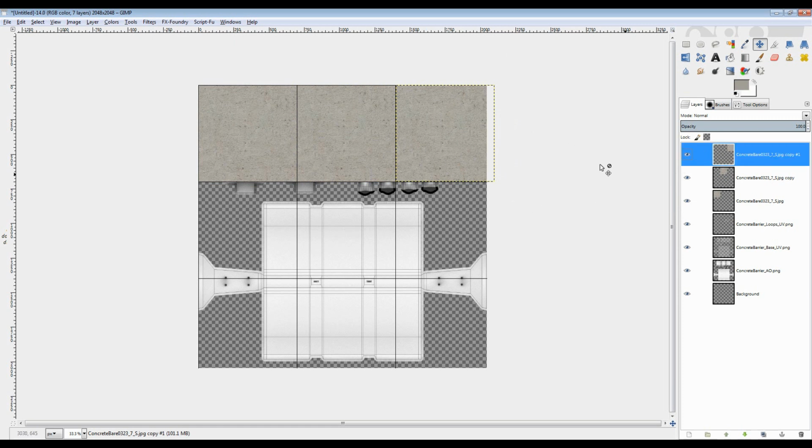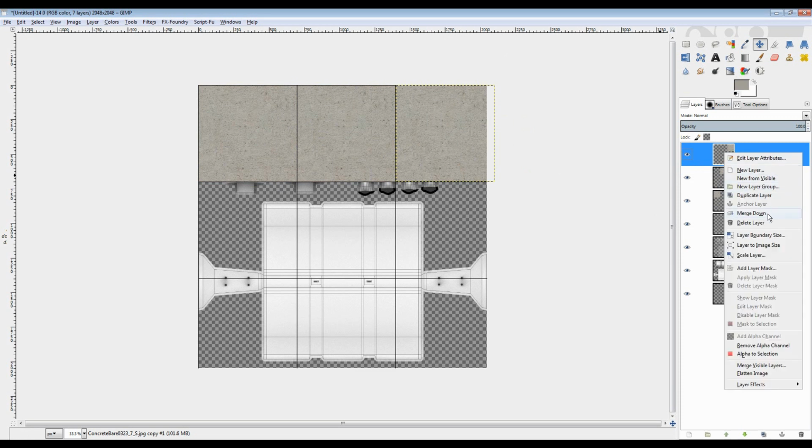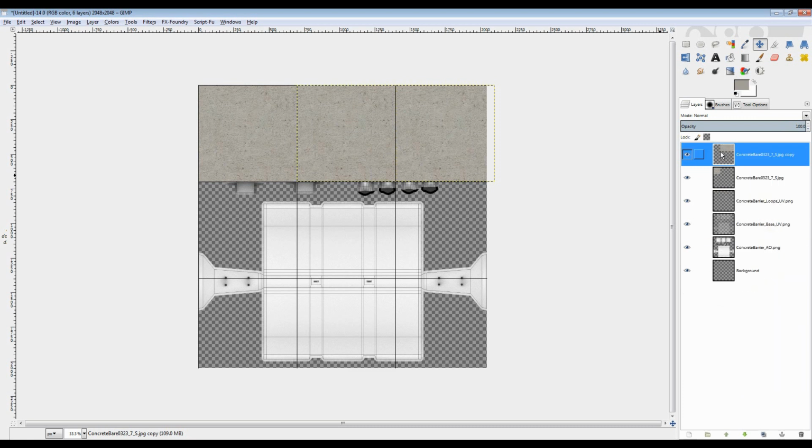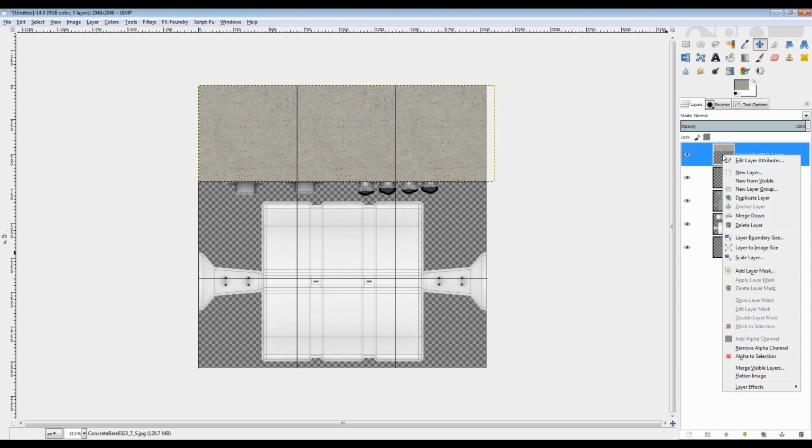So now we need to merge these three images together, because you'll see they're all selected individually. We need to merge them down so they become one long rectangle. We do this by right clicking. We can either go to merge down, or you'll see W has an underscore under it. So you can right click and press W, and then all of those are one image now. So same thing again, we want to duplicate those and bring those down to there, and then those, and then down to there. So right click on the image,